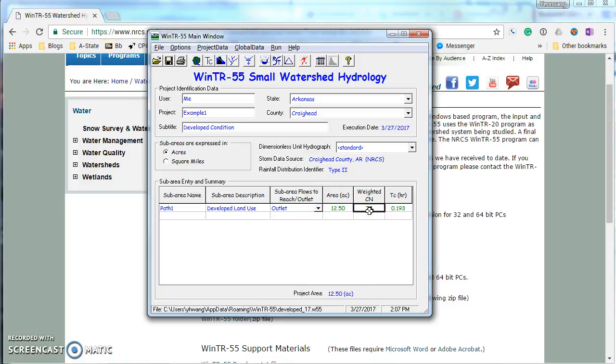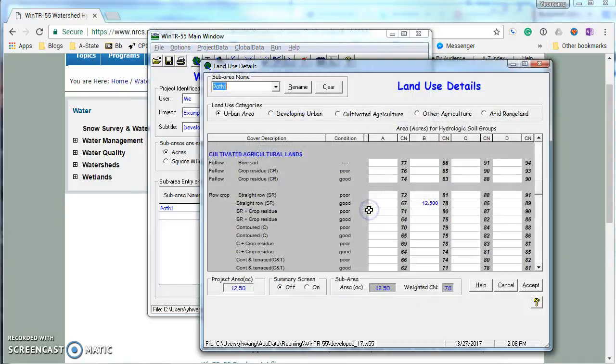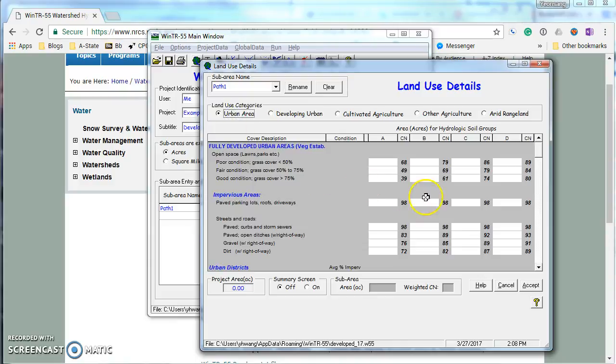The curve number needs to be updated. So let's update the curve number. By double clicking that, you can open it with the button here, but you can double click to update it. So let's double click and open it. Now I'm going to change this setup into the urban area. So I'm going to have to remove all these areas and go to the urban area to plug in, utilize